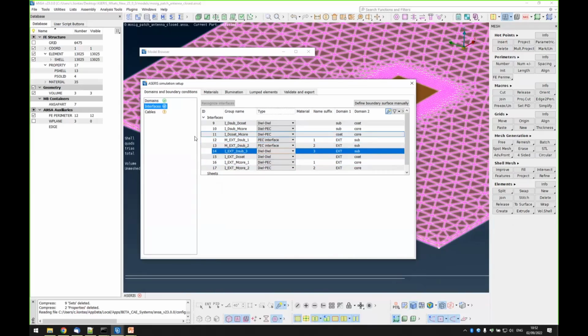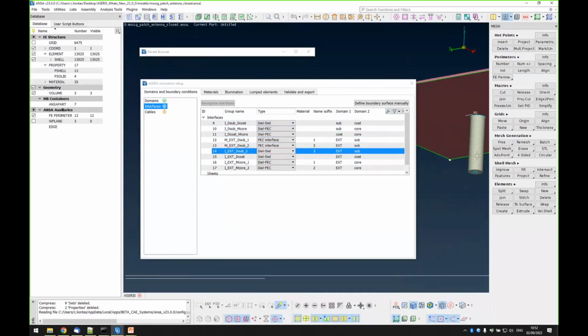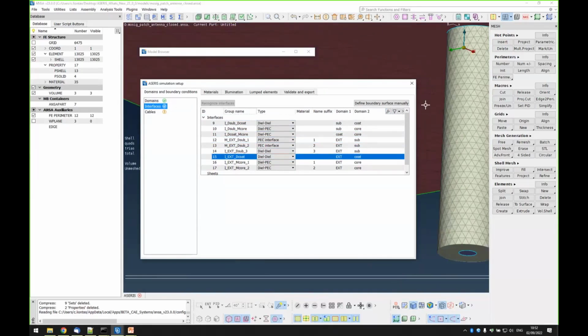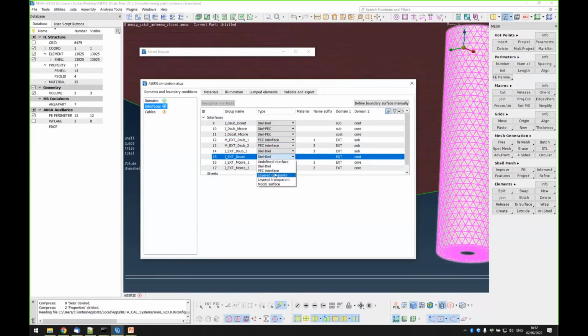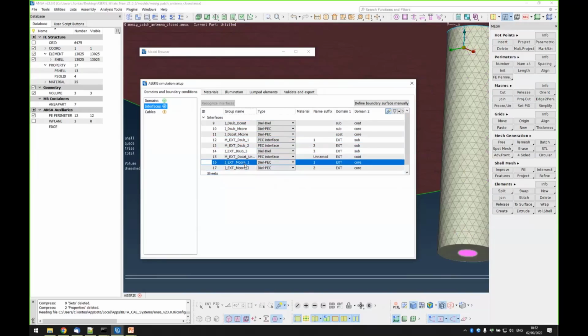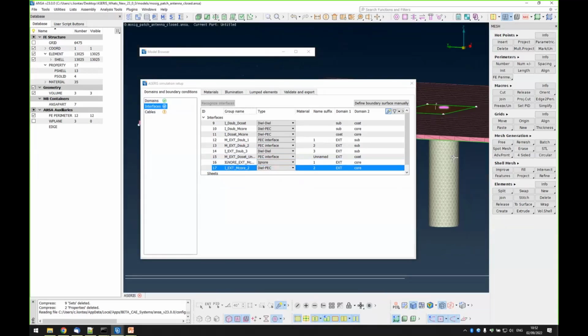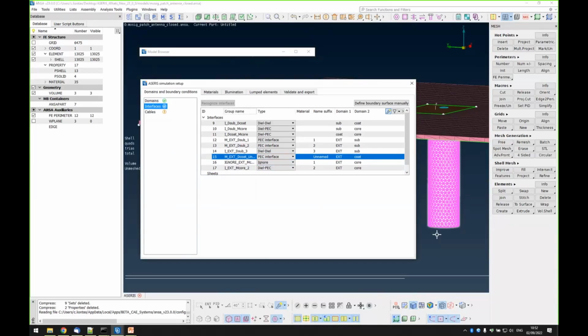Now we have defined these materials, but we are not finished yet. We have to define the cable correctly. So let's go here. We can see that this is dielectric, but we need an outside coating for our cable. We cannot leave it unshielded. So we will define it as a PEC interface. So the outer surface will be metallic. This surface is not needed later on, so we'll ignore it. And this definition is actually correct. This is dielectric PEC.